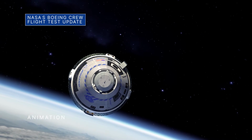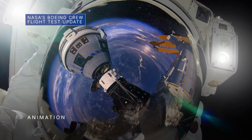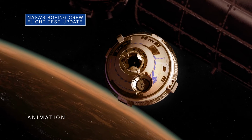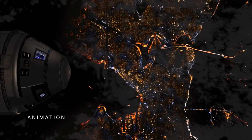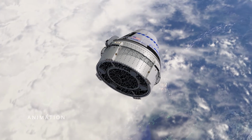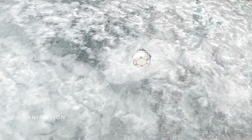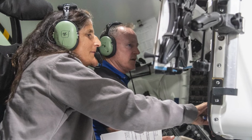NASA and Boeing are targeting as early as February 2023 for the launch of the Boeing Crew Flight Test to the International Space Station. The mission will carry NASA astronauts Barry Butch Wilmore and Sonny Williams to the space station, where they will live and work for about 2 weeks. This is the first flight of the company's CST-100 Starliner spacecraft with astronauts. The mission will demonstrate the ability of Starliner to safely carry astronauts to and from the station. Find out more about NASA's Commercial Crew program at